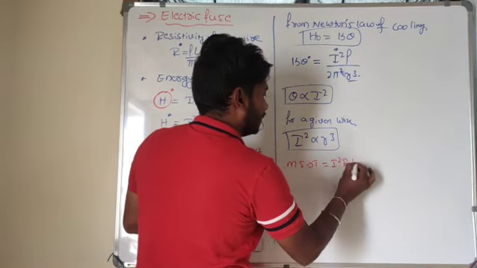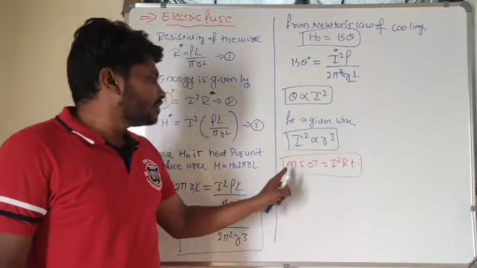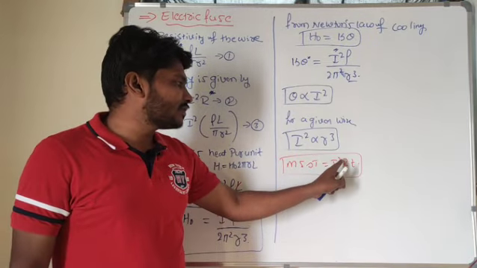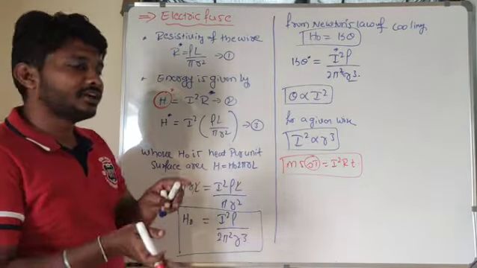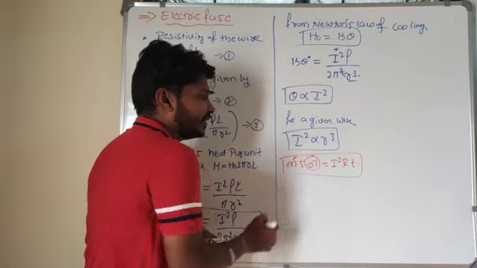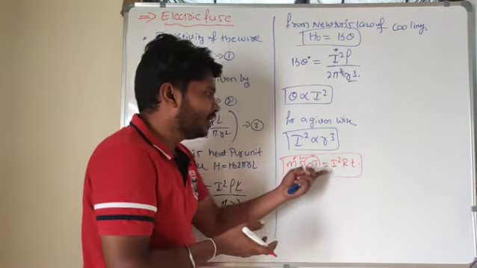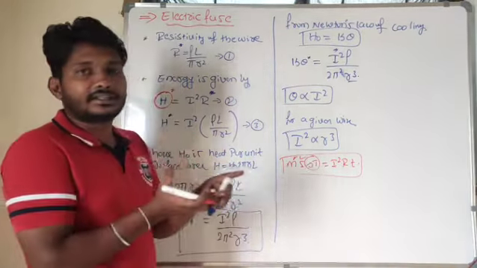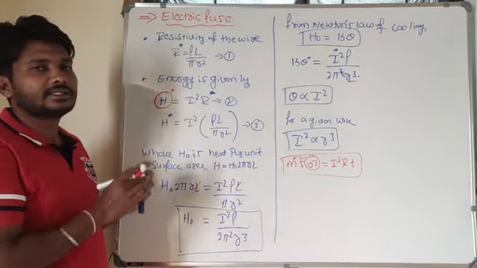I square R into T. Here, T is taken as 1 second. So M into S into delta T equals I square R into T. If they ask to find the rise in temperature, I can consider delta T, if they give the mass of the water and the specific heat capacity of the water. This is the way to connect current electricity as well as thermal properties of matter. Hope you get this information.